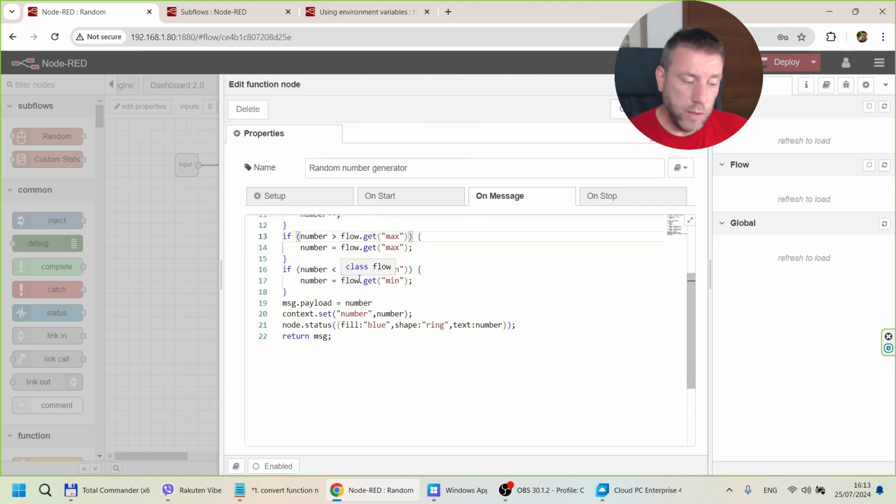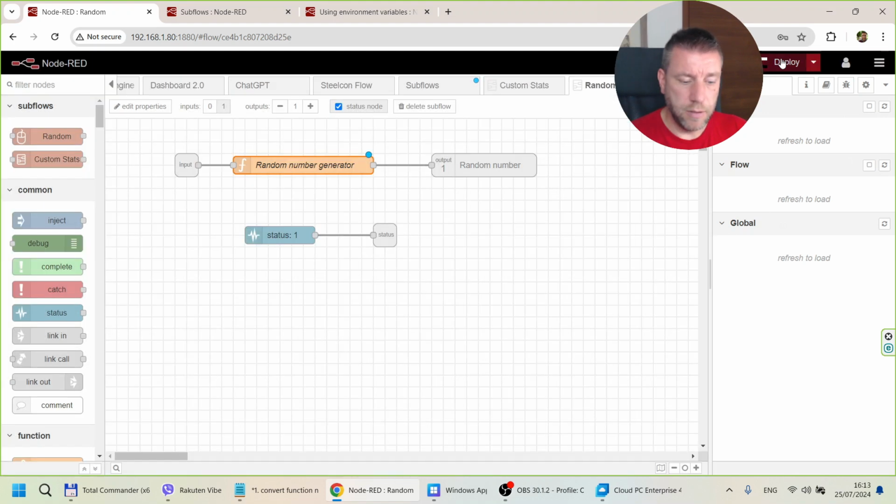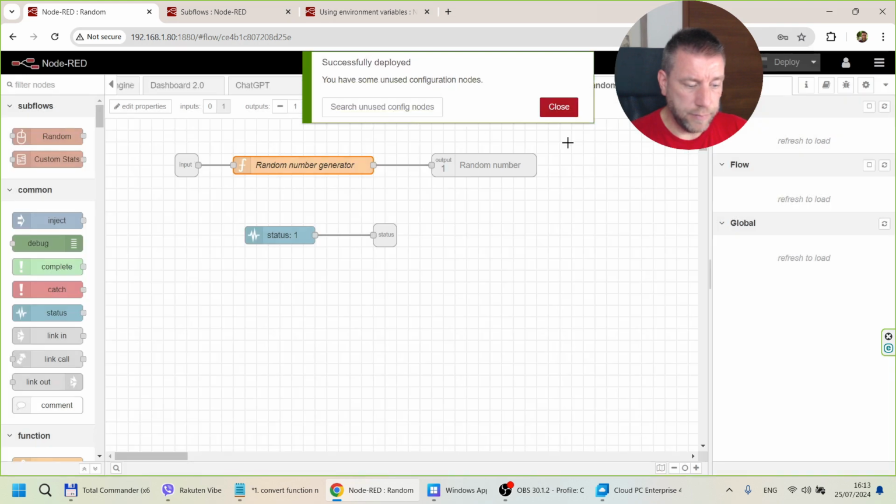But what I want my function node to do is read the flow variable from the parent flow where this subflow is being used, and I can do that simply by typing $parent and putting it in here. So for every single instance, instead of specifying just the name of the flow variable, I prefix it with $parent dot. So if I deploy this,